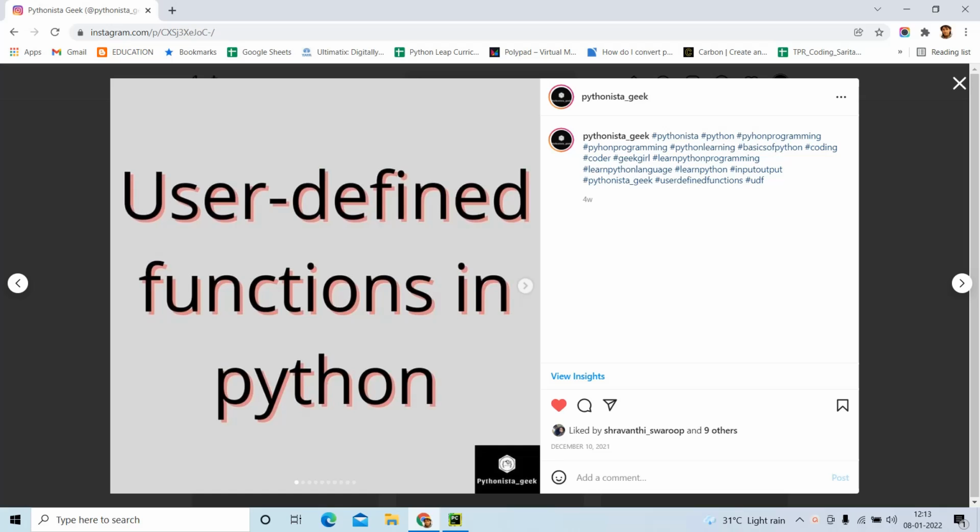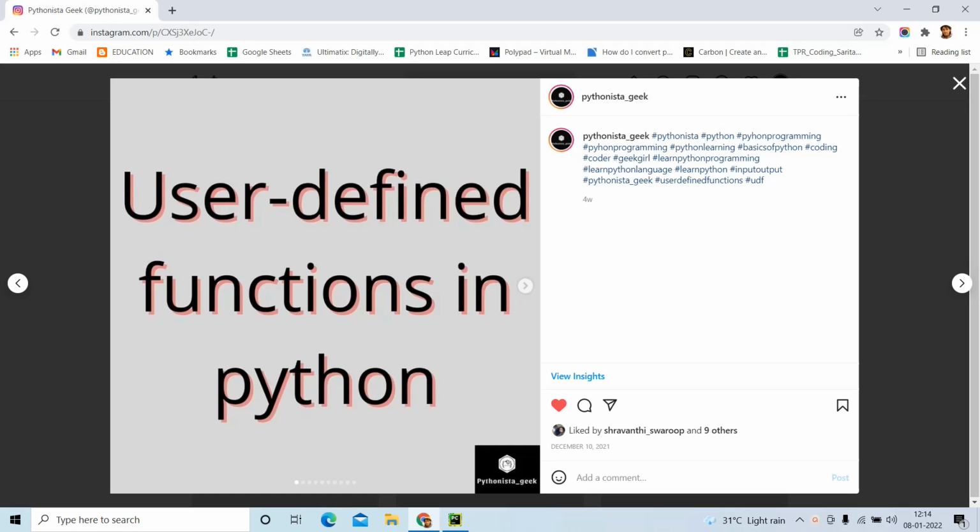So today we are going to see a topic called user-defined functions. So what is a function? A function is nothing but a set of instructions which we can run when we call them. We have already seen many built-in functions available in Python like print, input, max, min, islower, isupper, all the functions which deal with numbers and strings. We have already seen all of them, and today we are going to learn user-defined functions.